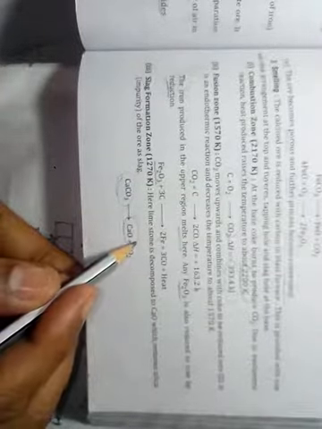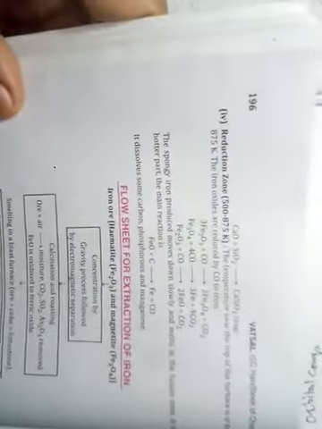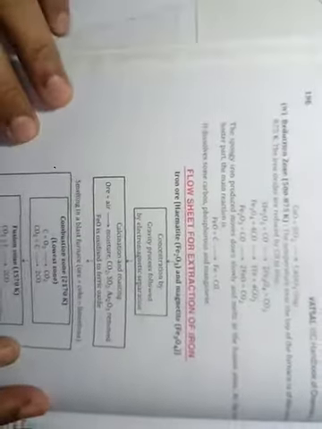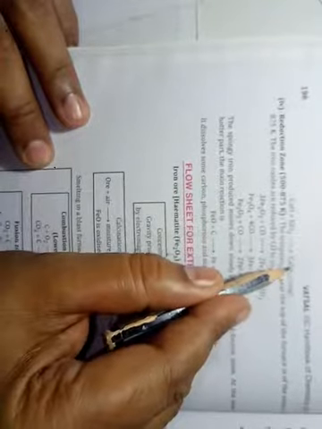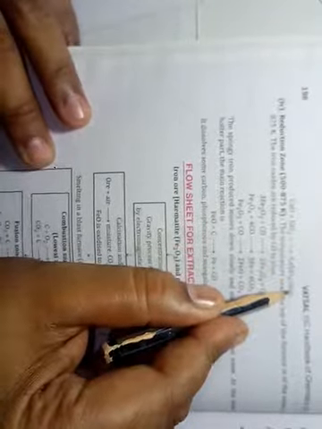So limestone first decomposes, producing calcium oxide, which is further going to react with impurities as a basic flux. This oxide is basic in nature, and that is why it will work here as a basic flux. Okay, so it will react with impurities and convert these impurities into silicates, and these silicates are known as slag.